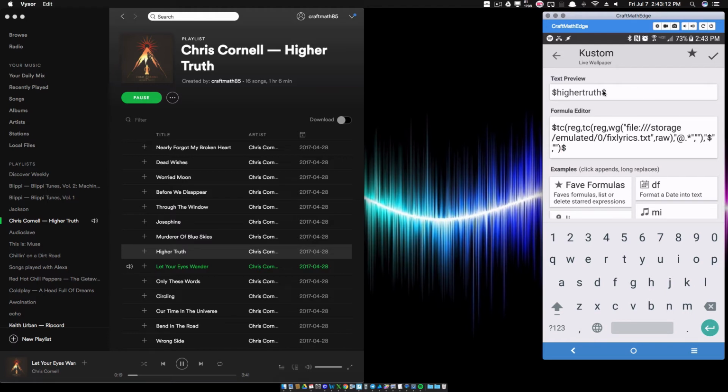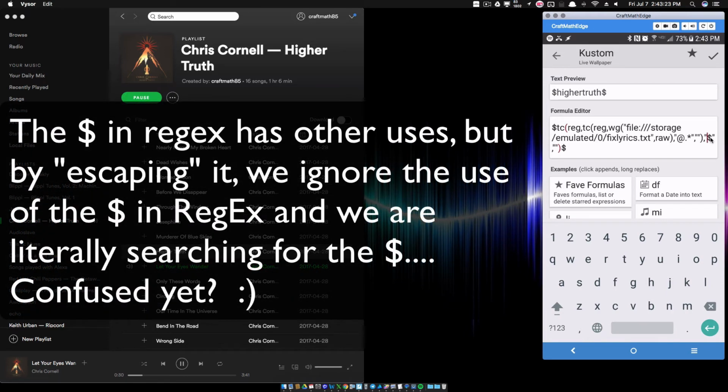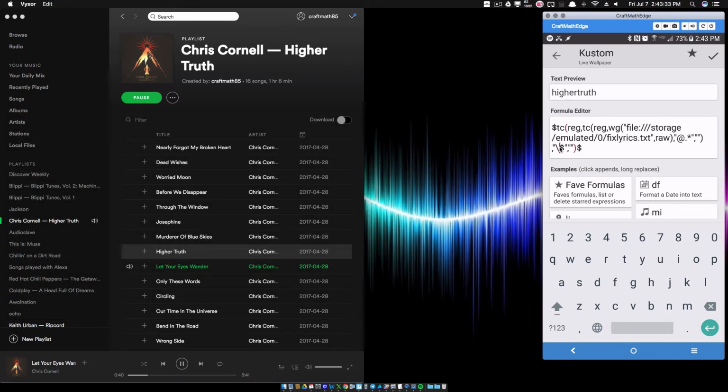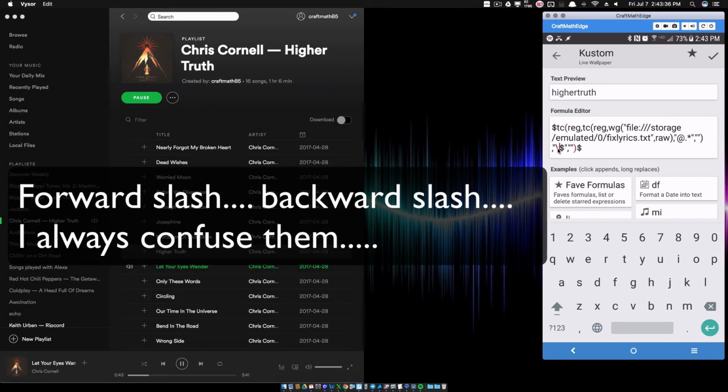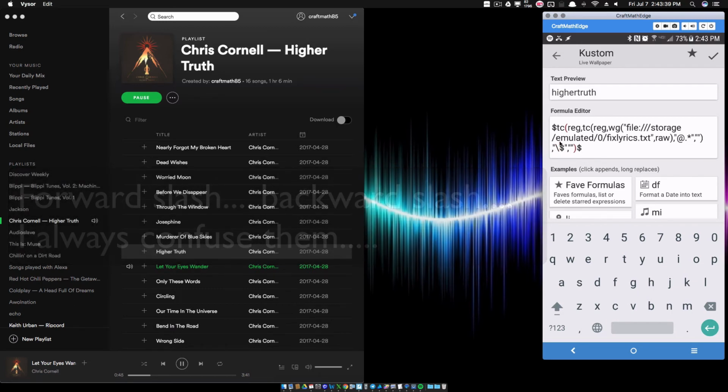We're searching for the dollar symbol, but we didn't get rid of it, and we're supposed to replace it with nothing. Here's what you have to do. You have to escape it. Basically, we want this thing to register as a dollar symbol and not some other type of special behavior. So the way we escape that is you want to do that backslash, not the question mark key, but the one above the enter key, the one above the return key. So make sure the backslash is going this way and not the other way. But notice what just happened there. If I take away that little escape symbol, they're there. But if I escape that dollar symbol, it does get rid of them. And just like that, we have fixed our song.